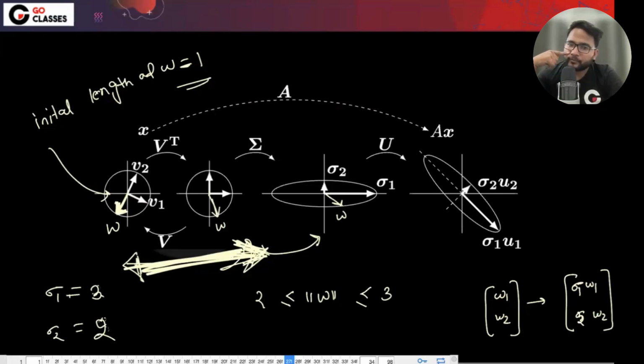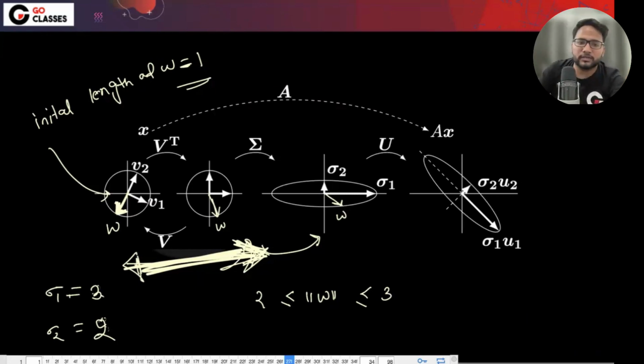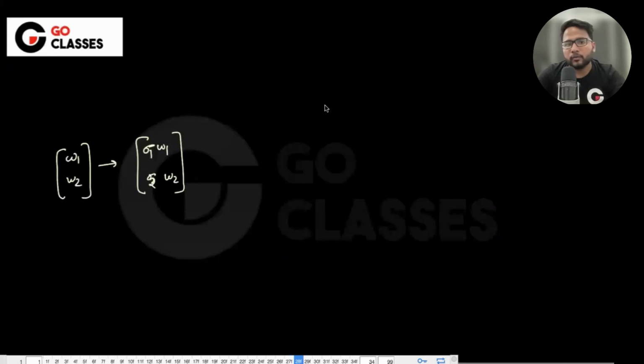So basically you can see from here, I'm getting from w1, w2 to sigma 1 w1 and sigma 2 w2. Now suppose for example sigma 1 is greater than sigma 2. Suppose this is 3, this is 2. Then it will be,